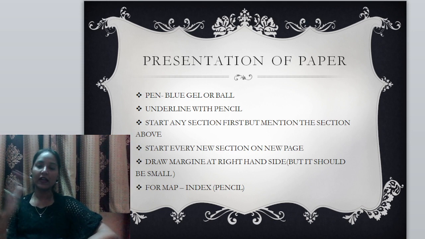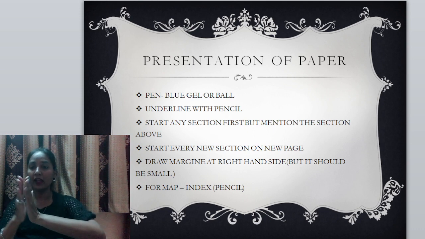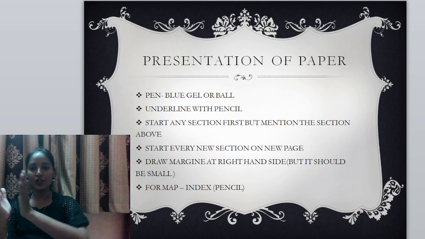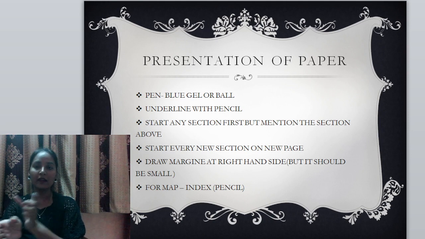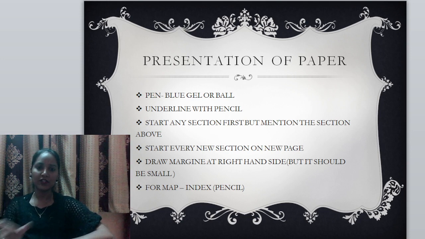Then draw a margin on the right hand side. Don't draw a very long margin. The margin should be very short, otherwise some children draw too long a margin and try to fill up many papers. Don't do that, the examiner will come to know. Draw a very short margin. And last, for the map you have to draw an index, which is very important. Make a nice box inside it, and with the pencil write which symbol you have used for what. Okay,